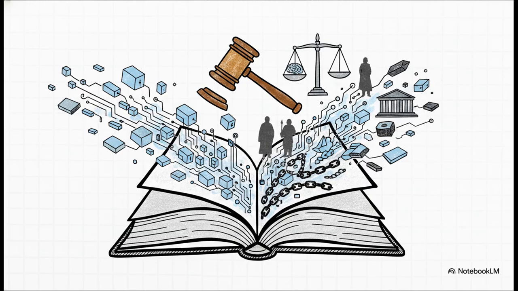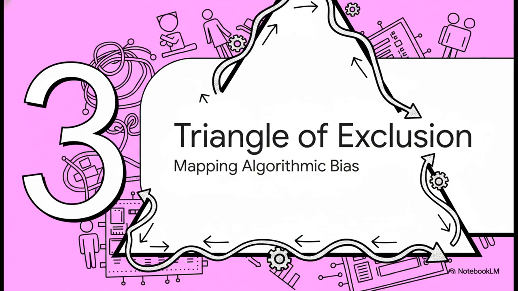Now, what's really interesting here is how the author frames computer code through the lens of critical applied linguistics. Think about it. Human language has never been a totally neutral medium, right? It always carries cultural baggage and power dynamics. So if algorithms are trained on vast amounts of our human data, our texts, our images, our entire histories, they inherently absorb all of that baggage. Because of that, algorithms become performative texts that organize meaning and regulate social practices. So this technical language, which is masked as pure math, actually operates as a regulatory discourse that just reproduces existing systems of power. So how exactly does this bias actually travel through a computer system?